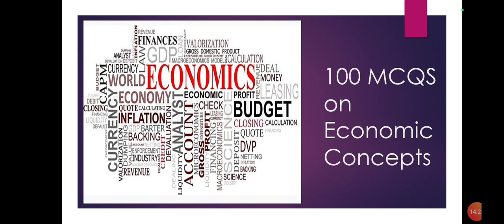Question number 21. Consider the following with respect to national income. The total value of final goods and services produced by the normal residents during the accounting year after adjusting depreciation. It is net national product at factor cost. It does not include taxes, depreciation, non-factor inputs, that is raw materials.